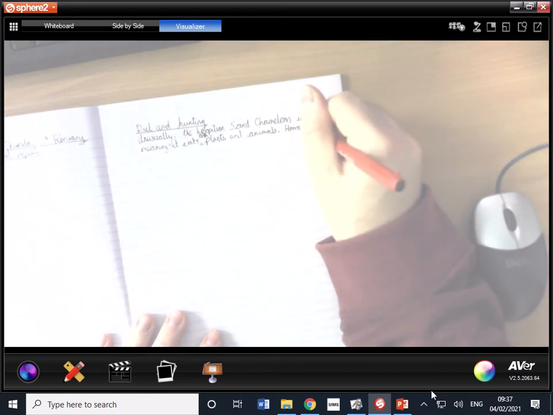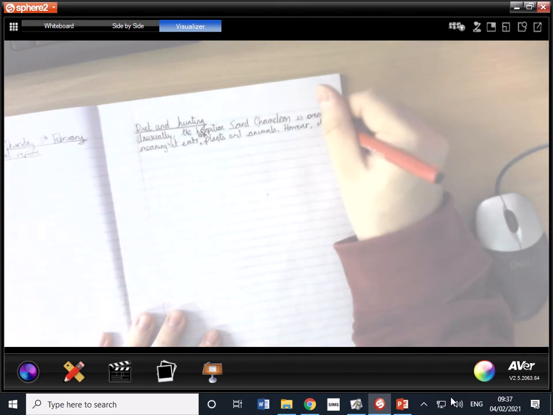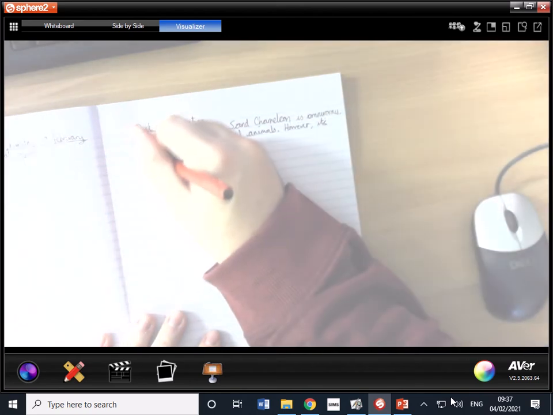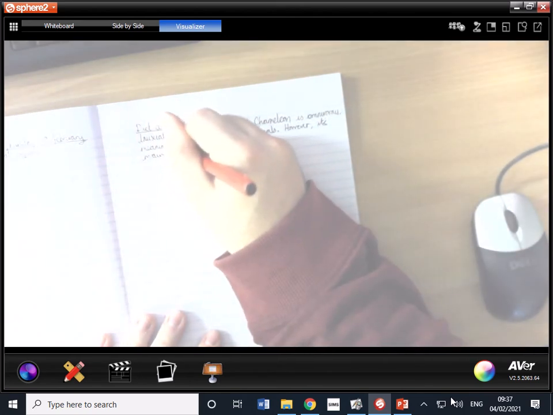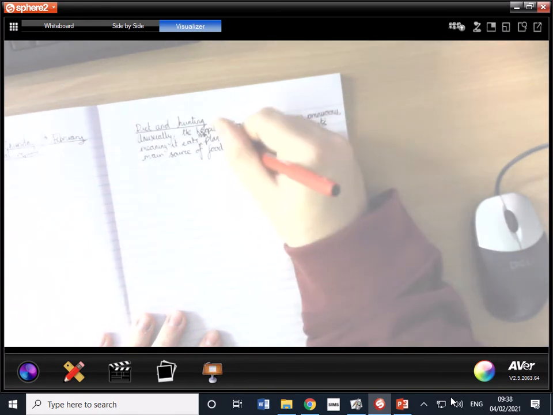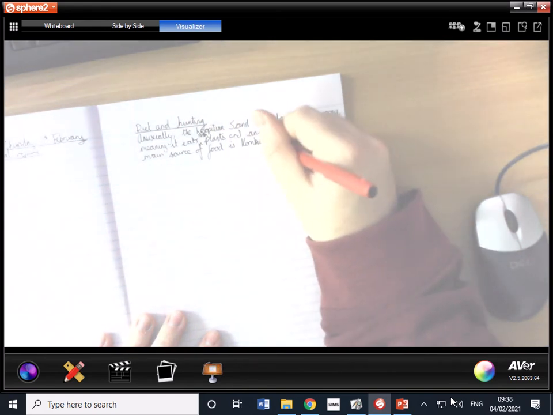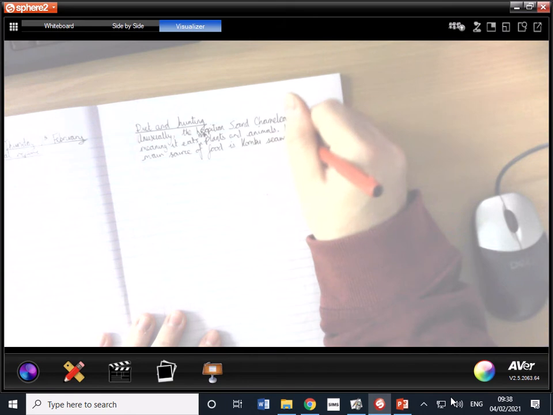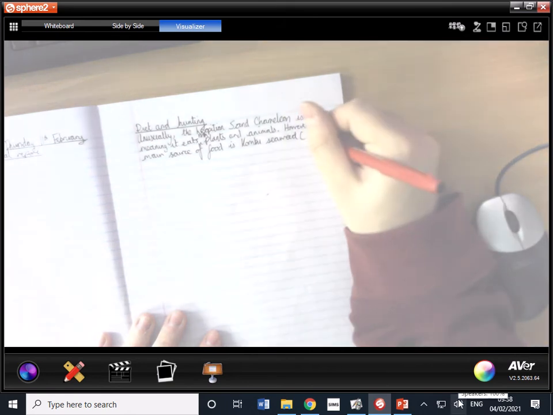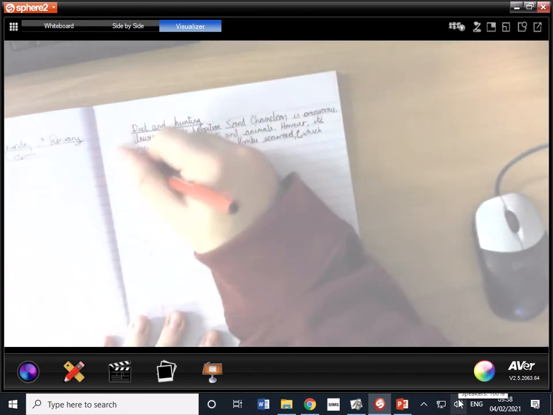However, comma, its main source of food is kombu seaweed, and then we'll put brackets in, which grows in abundance. Actually, no, I'm not going to put brackets in. I'm going to make that an embedded clause with a comma, which grows